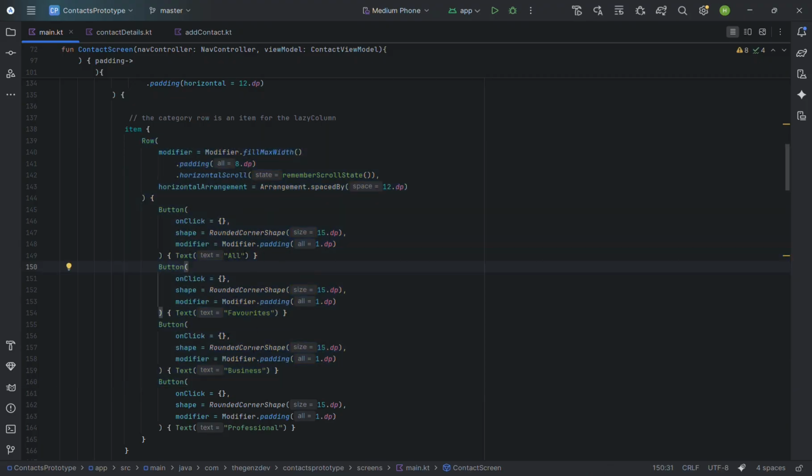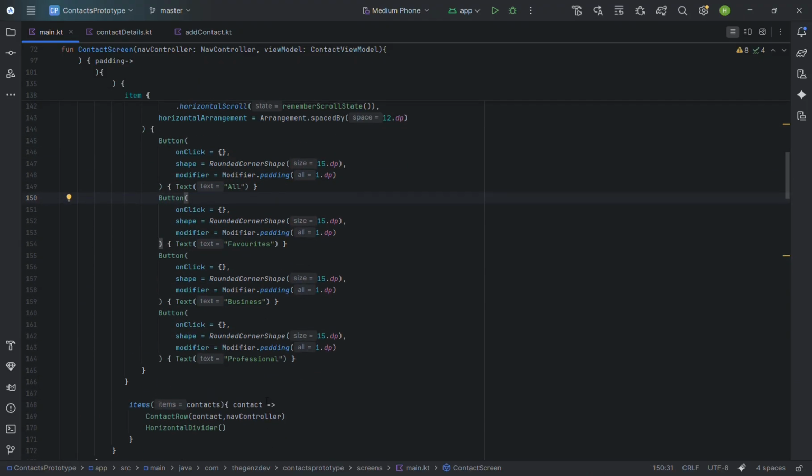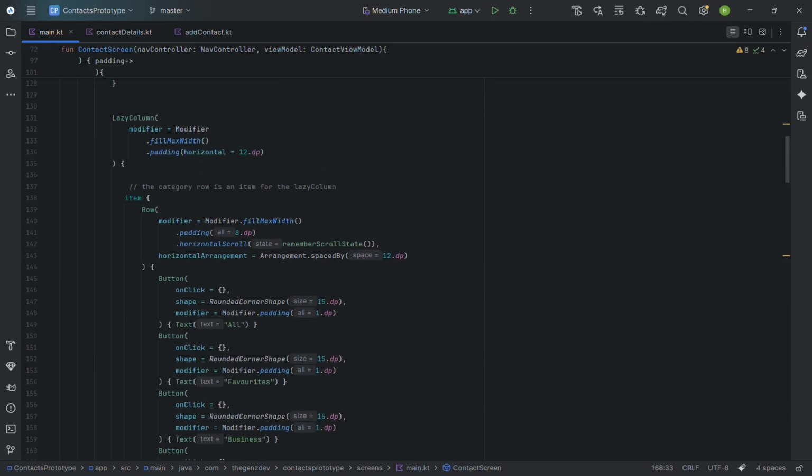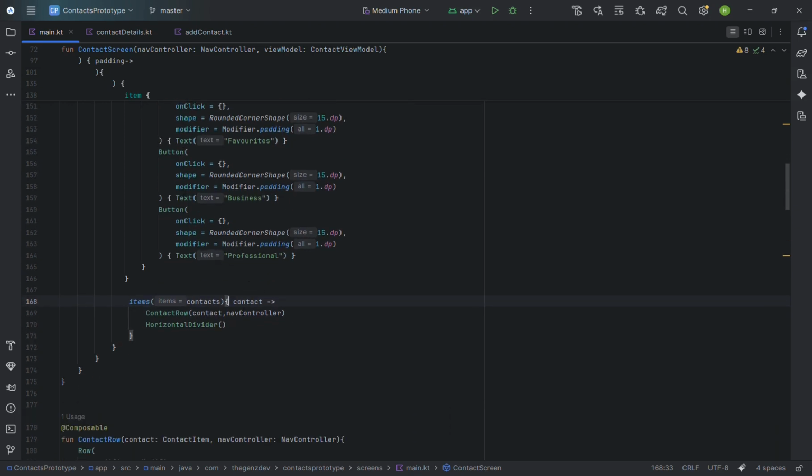All, favorites, business, professional. And they have the same configurations. They have the same shape, rounded corner shape, 15 dp, and the same padding, 1 dp, 1 dp. And then you have these items. And for the items of this lazy column,